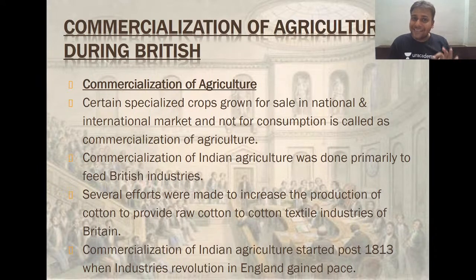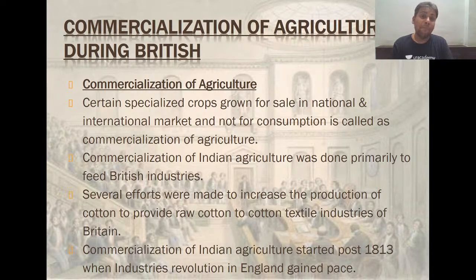What is commercialized agriculture? There are two types of agriculture, subsistence agriculture and commercialized agriculture. Commercialized agriculture basically means I produce those crops which are high in demand in the national and the international market so that I can accrue a huge amount of money, because I as a farmer was subject to all sorts of